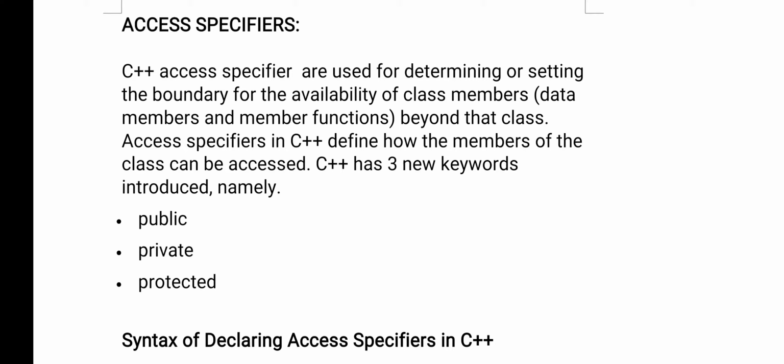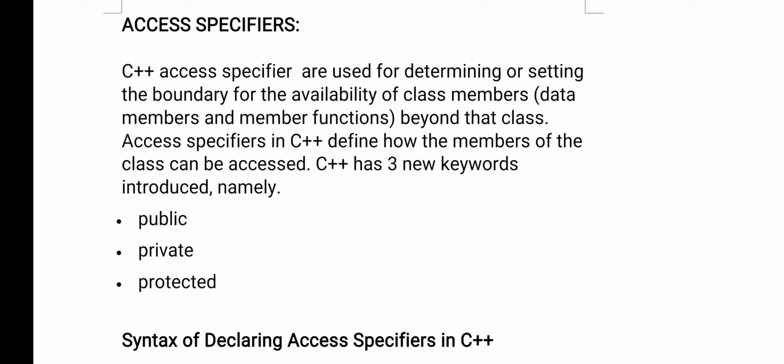When you are declaring these data members and functions, sometimes you want to provide security for your data members and member functions. Means you don't want them to be freely and openly available, you don't want to give your data members and functions to other classes. You are providing security to your data. That you can do by using access specifiers.